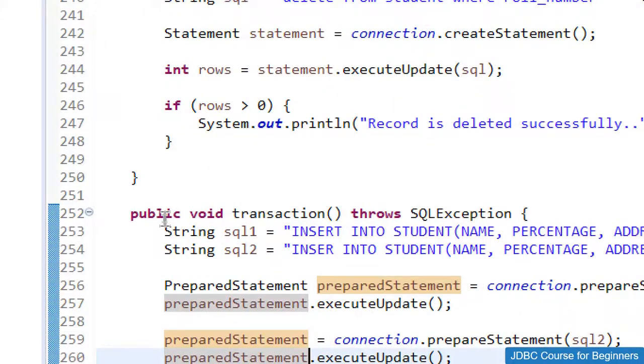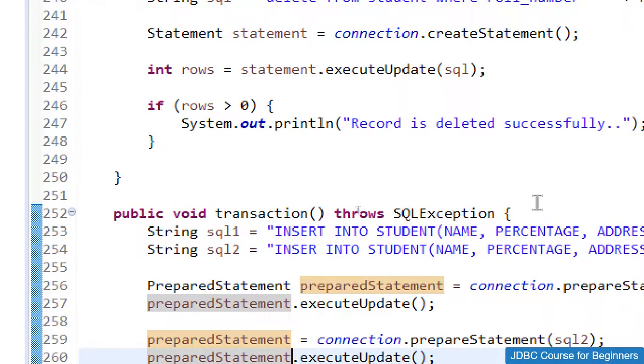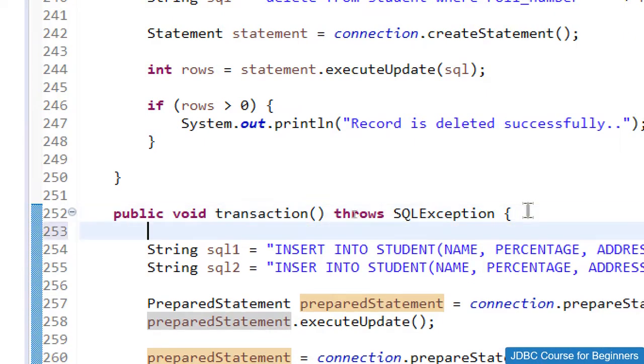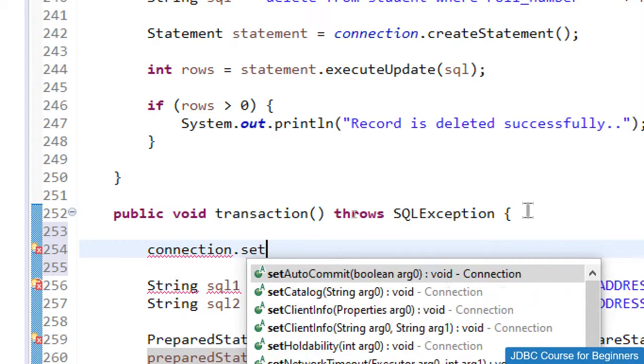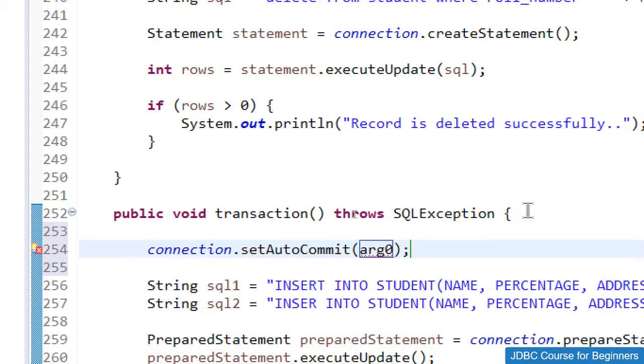By default, whenever we perform any JDBC query, it commits everything automatically. So first of all we need to disable that. How can we do this? Before performing any queries, we just need to use connection dot set auto commit, and inside the brackets we pass false.